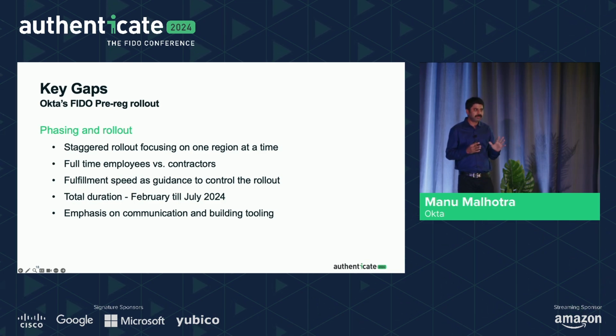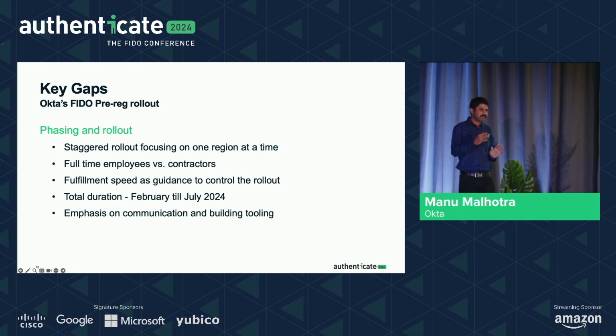We figured out there are gaps in this process. Moving to a phishing-resistant enterprise is not so easy. So we figured out step by step what's the right thing to do. And then finally we tried to monitor how the fulfillment speed is, how easy it is to get to the customers, and what the pain points are. We tried to figure that out, and then we got